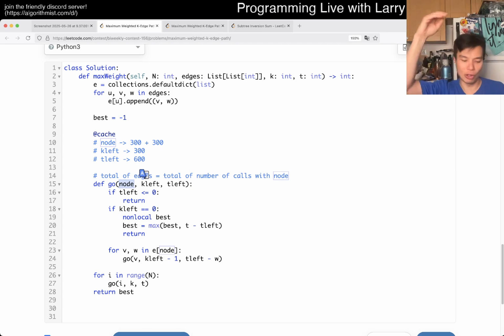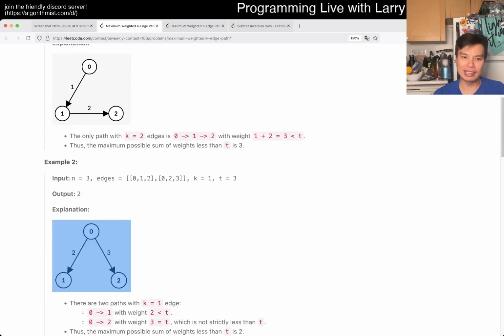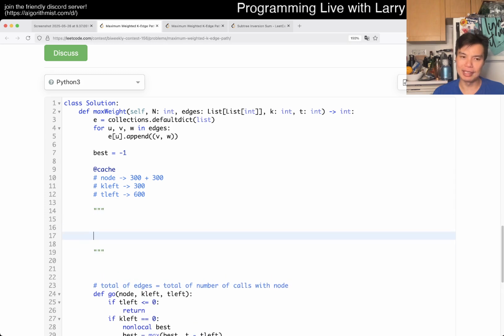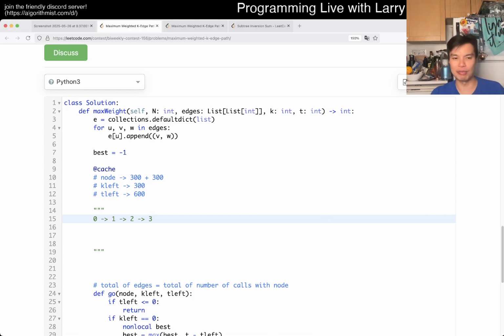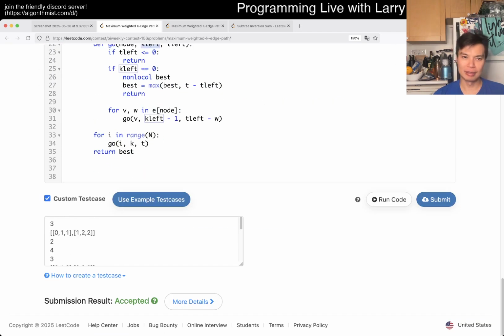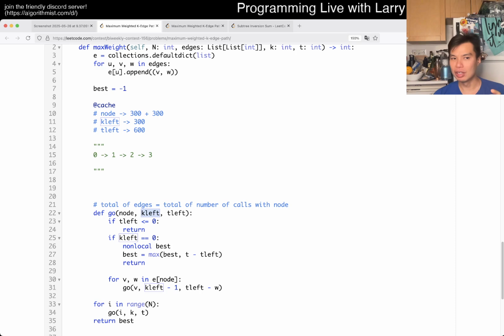if node is the root node, or not a root node, but if you look at it as these things, if 0 is your root node, then k left cannot be k. Okay, let's say in a really bad case, you have a linked list, right? So you have 0 looking at 1, looking at 2, looking at 3, and you can also draw edges from 0 to 2, 0 to 3, dot dot dot. So it's like a full graph, but I didn't draw it that way, right? But keep in mind that if node is 0, k left always has to be k, right? Because after one move, it's not possible to be at 0 anymore, right? So that already eliminates a lot of possibilities on the T left side as well,